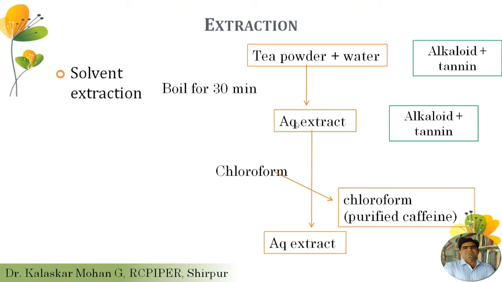and chloroform. So when the aqueous extract is subjected to partition or solvent washing with chloroform, the tannin will not transfer into the chloroform, while only the alkaloids will transfer from the aqueous extract to the chloroform, and thus we will get two layers of partition, a chloroform layer and an aqueous layer. And when this chloroform layer is subjected to evaporation, we are going to get needle shaped crystals of the caffeine. So this is another method. And in the aqueous extract the tannin gets accumulated.